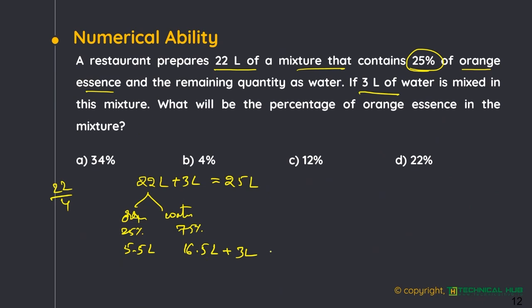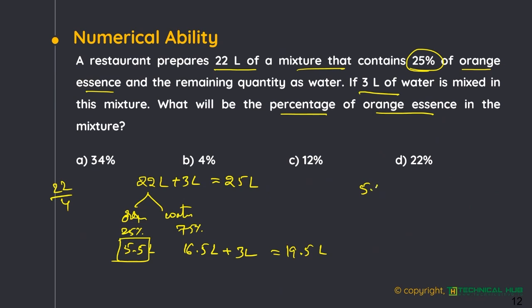19.5 liters, and there is no change in the quantity of orange essence. Why? Because we are not increasing or decreasing the orange essence. The quantity will not change. Percentage will definitely change, but the quantity will not change. Here the question is, what will be the percentage of orange essence in the mixture? How much quantity of orange essence is there? That is 5.5. Out of